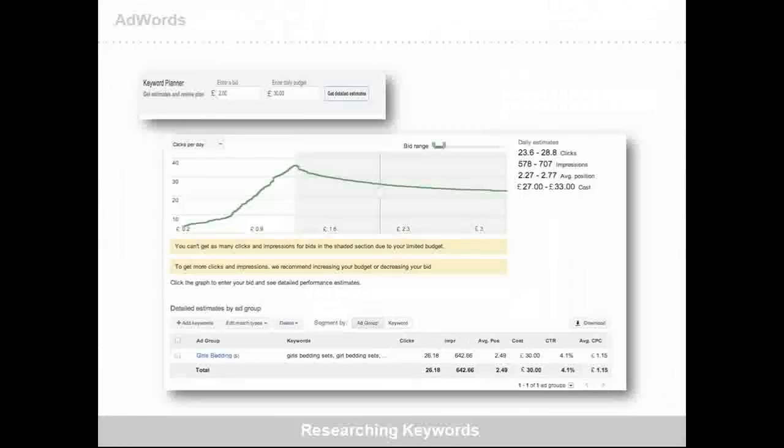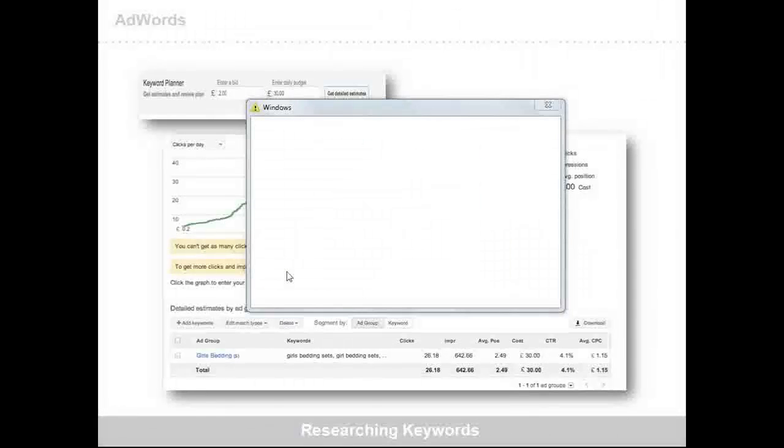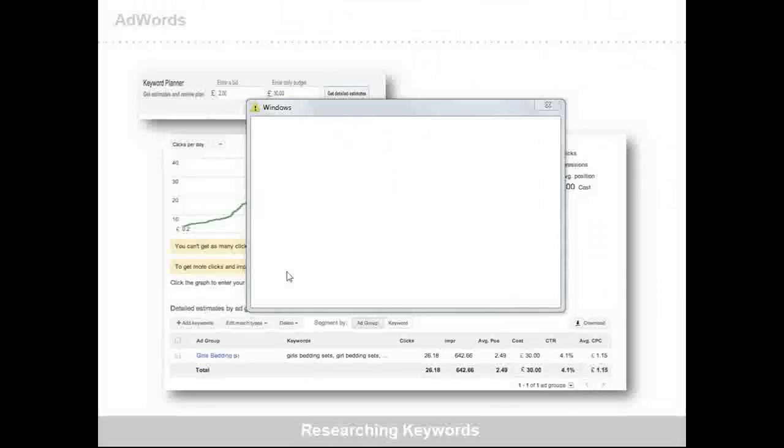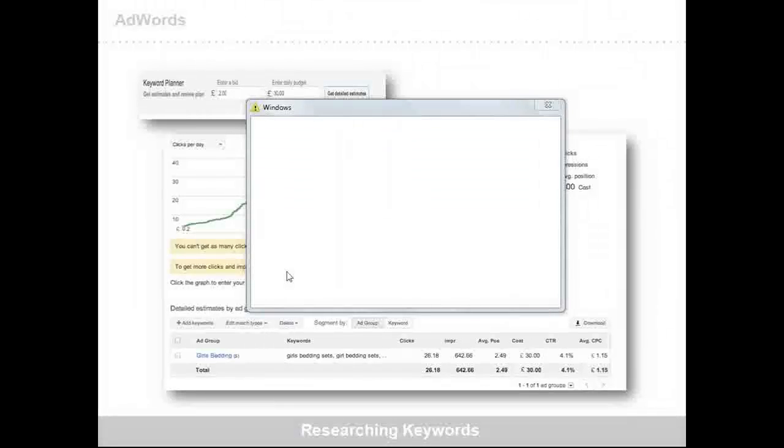So this is your keyword planner. This way you've entered your bids, you've entered your daily budget, and once you click on get detailed estimates, you can actually come up with a plan of this sort. Now, I know a lot of agencies create such plans, be it for a review with their clients on a monthly or a weekly basis, however you all work. What really helps is to factor in the keyword planner and use it actively to pull up estimates for your clients.